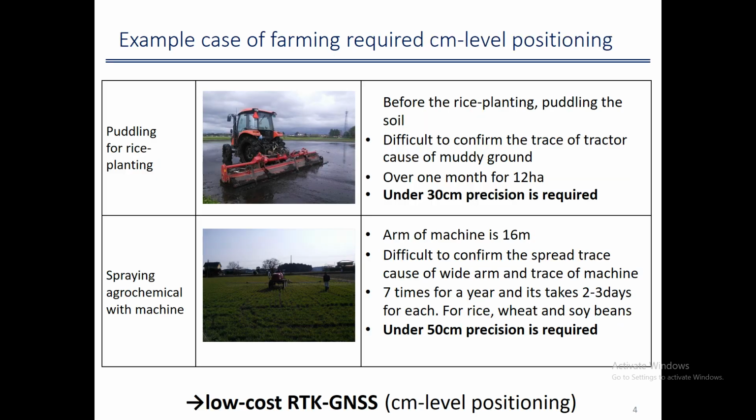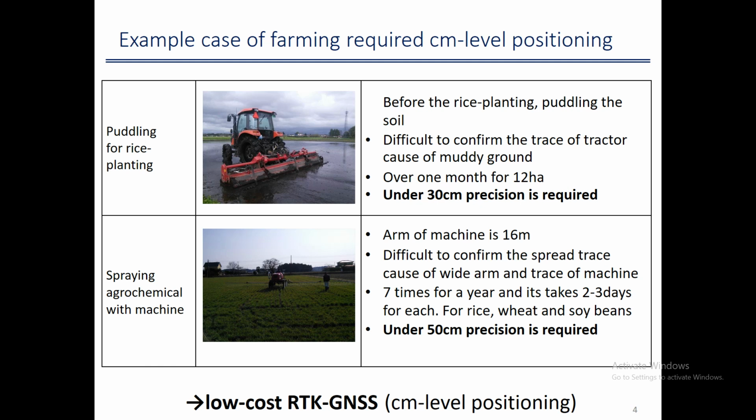Next, we can see an example case of farming requiring centimeter level positioning. A study was done in Japan to see the kind of machinery used to do large scale farming, because large scale farming cannot be done by mere hands, but needs machinery, and this machinery needs to be precise. As they were doing the study, they came up with